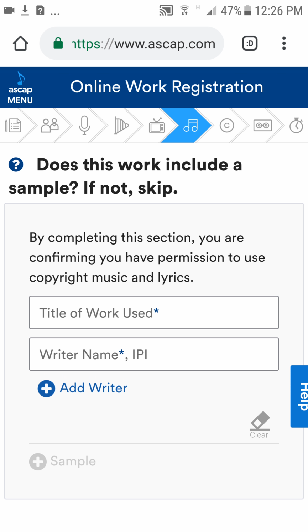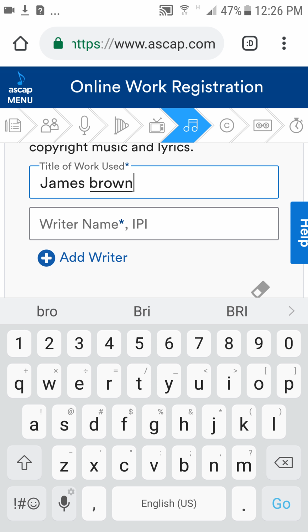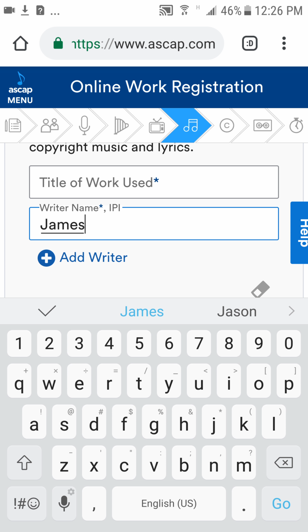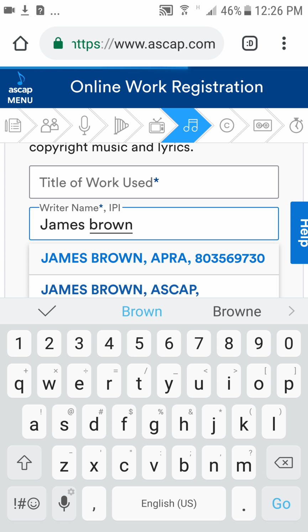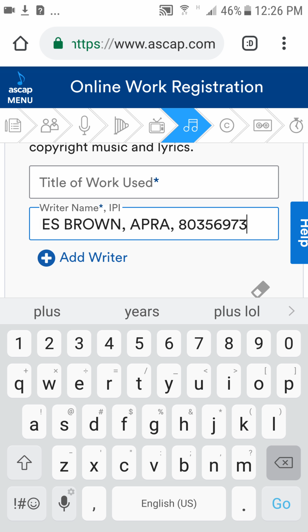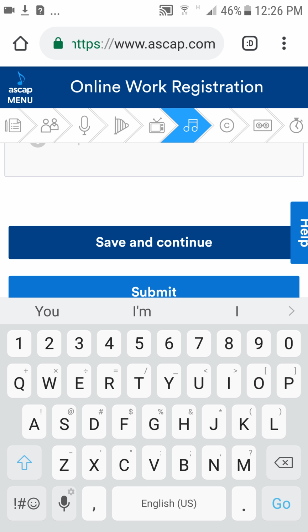if you have, say Kanye had a track that he chopped up, if you have that in there, you can type in the name of the track, and then the writer would be here. Then you'd click that, and you'd be able to add that in if you were chopping that up or having that in a hip hop beat or whatever. But we're not doing anything like that now. You don't have to try to get that cleared, and that would be for another video too. I'll go over that.